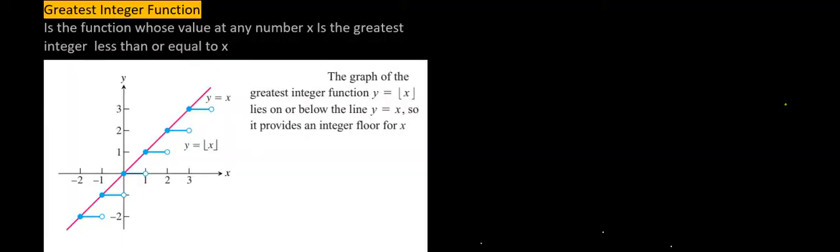Greatest integer function. It is the greatest integer when we have a value x or any number x that must be equal to or less than x. Then that number is our greatest integer function. You can see that from this graph